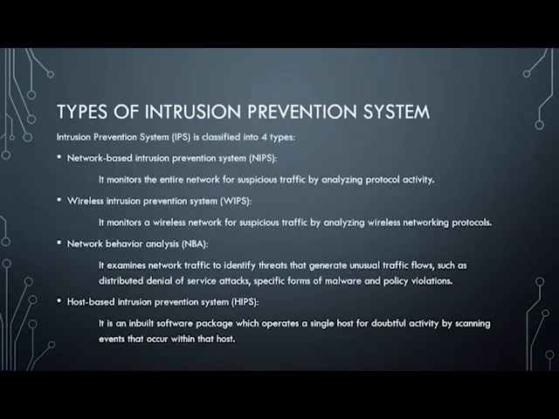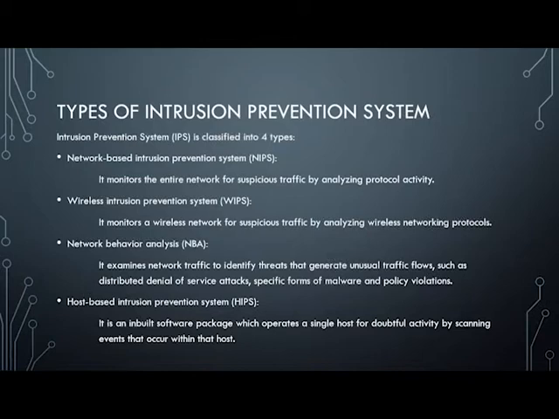There are four common types of intrusion prevention system. The first type of intrusion prevention system is called network-based intrusion prevention system or NIPS. This type of intrusion prevention system has the ability to monitor the whole network and look for suspicious traffic by reviewing protocol activity. In contrast, wireless intrusion prevention system only monitors wireless networks for suspicious activity by reviewing wireless networking